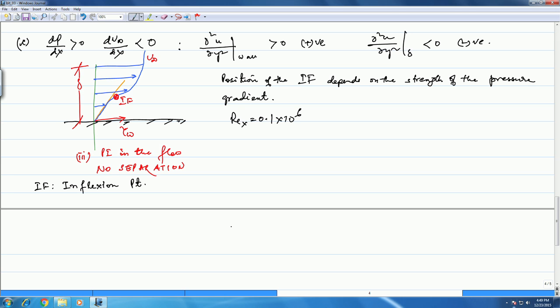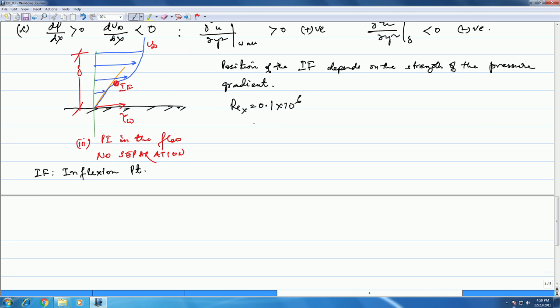Basically, the flow will transition to turbulence before it separates. So that will happen at around 0.1 million. Now the next thing is, if I come here,